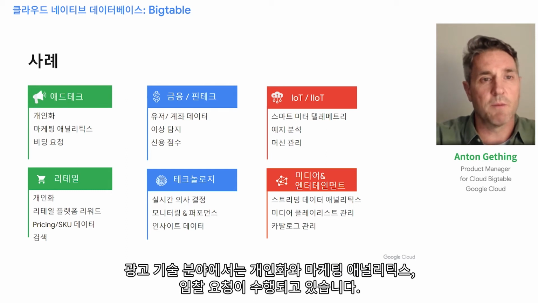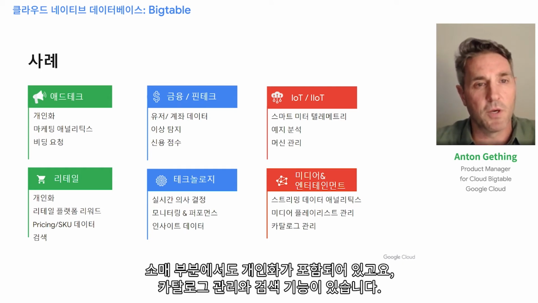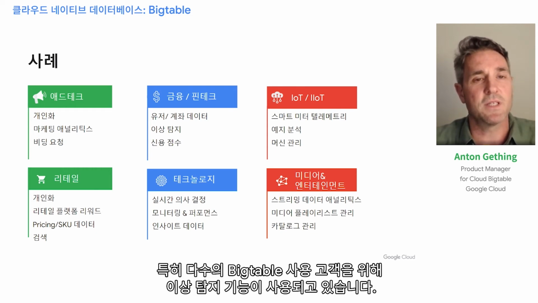Advertising technology, where personalization, marketing analytics, and bidding requests are implemented. Retail, again, personalization, catalog management and search. Financial technology or financial services, where user and account data is being managed, and in particular, anomaly detection is being used for a number of customers